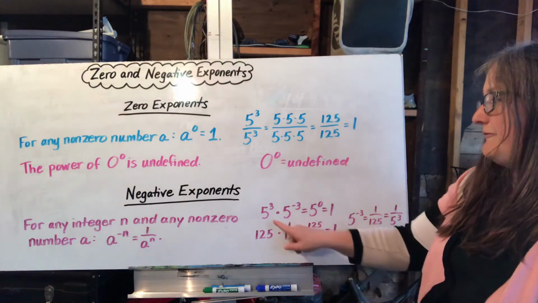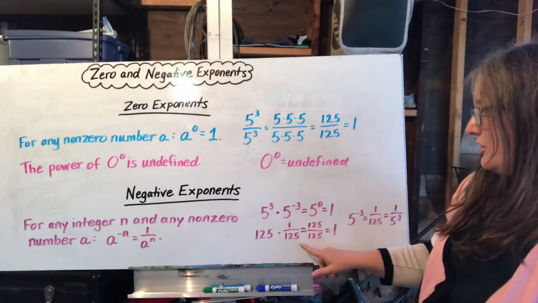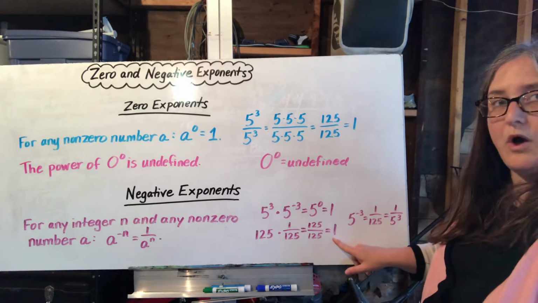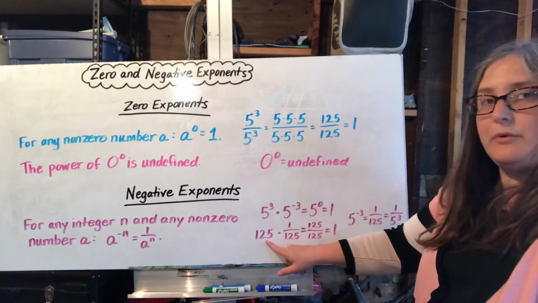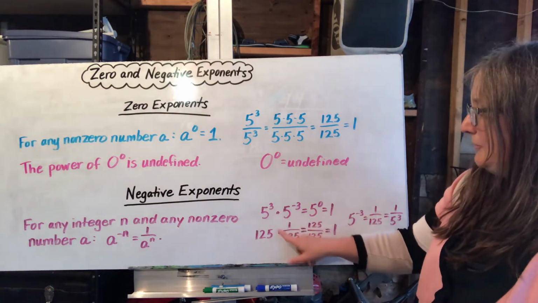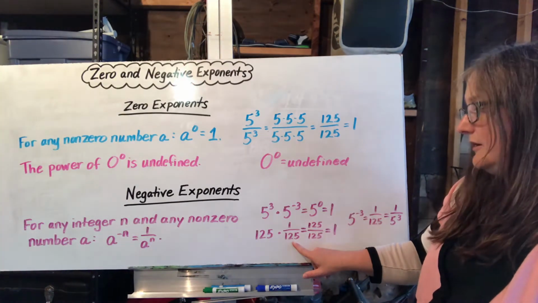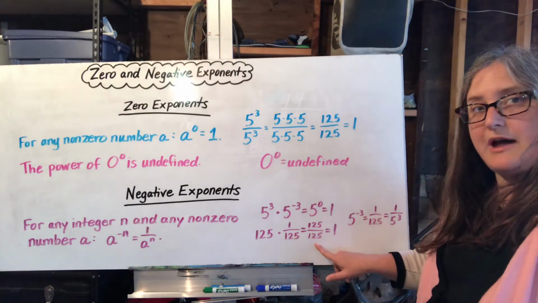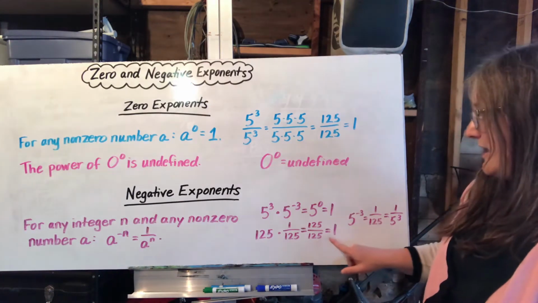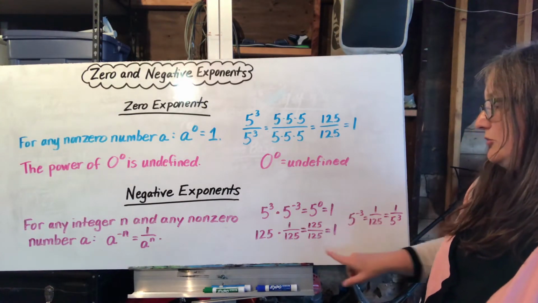We also know that 5 to the third power is 125. In order for me to get a final answer of 1 here, I have to do 125 divided by 125. The only thing I can multiply by here is 1 over 125. That will give me 125 over 125 and equal 1, the answer I know I'm supposed to get,